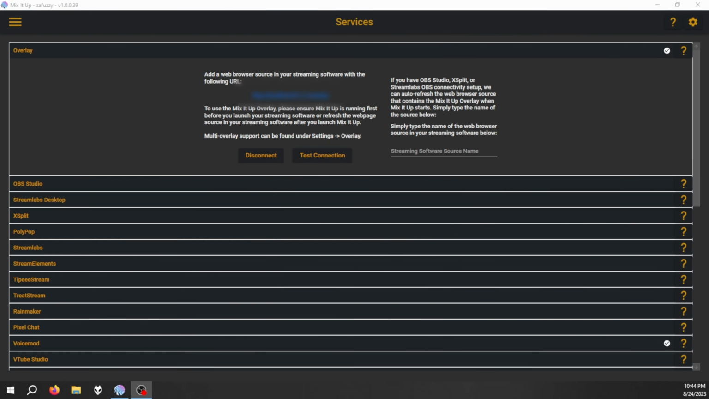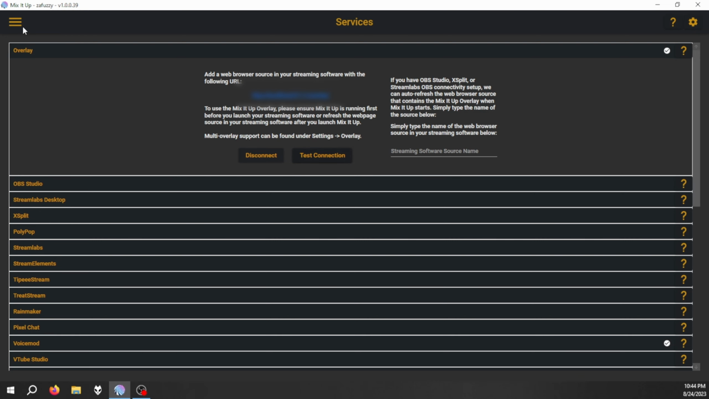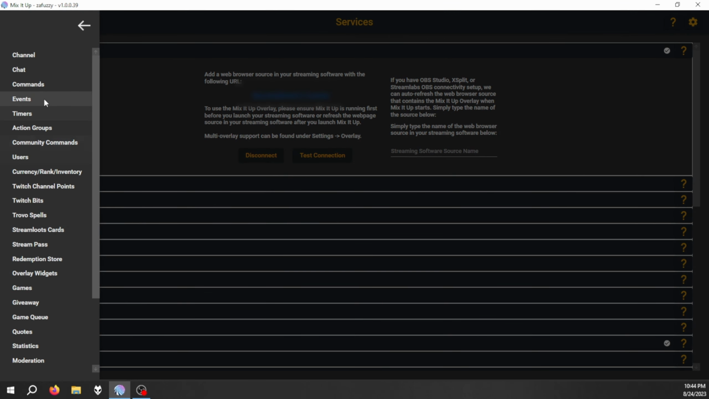Now we want to make sure that this is actually working. Go ahead and click test connection, and you will see connection test. You will also see that it says here overlay connection test successful. Go ahead and press OK. And now you can go to events